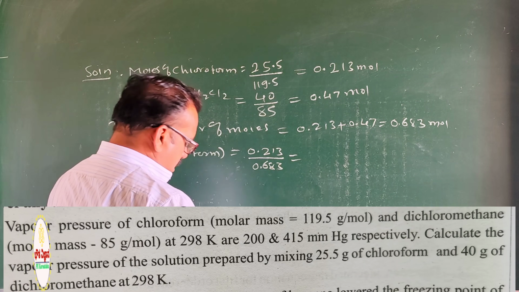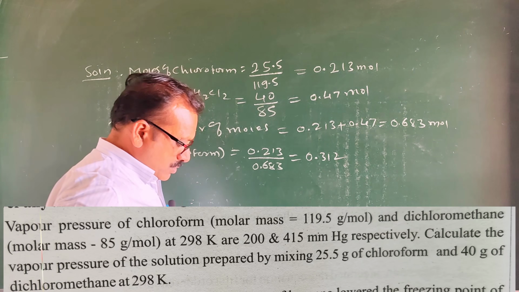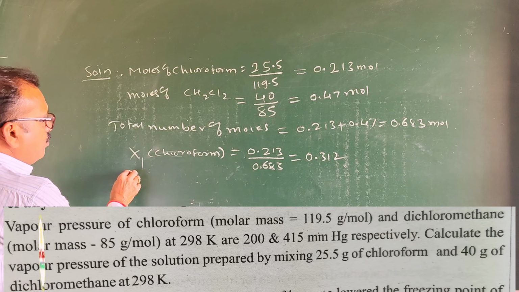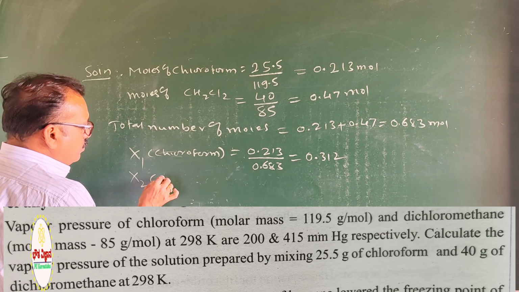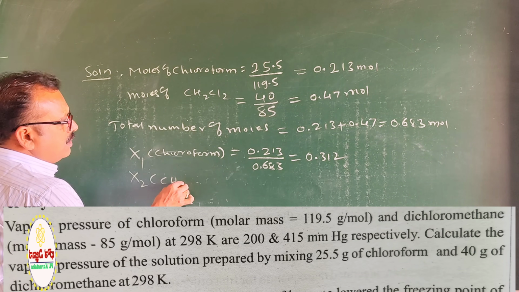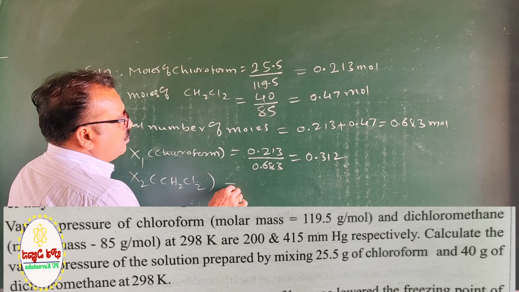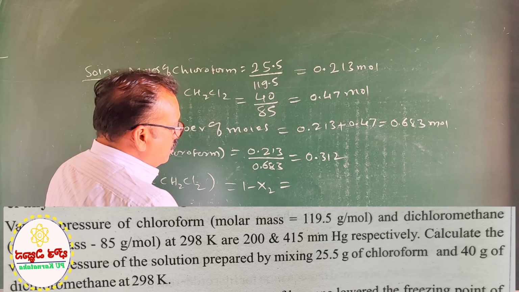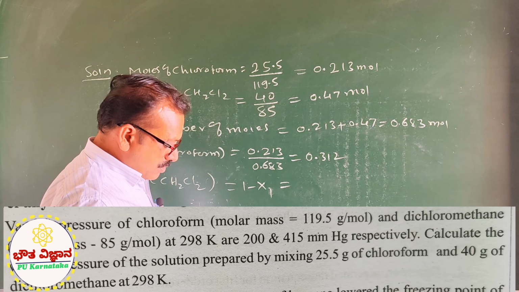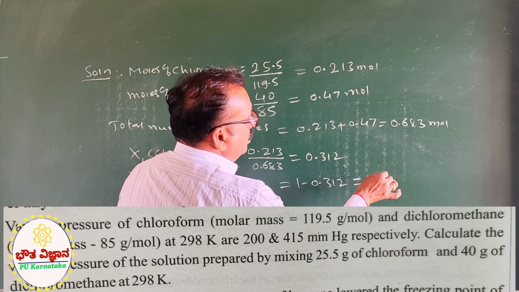After simplification you are going to get 0.312. Then mole fraction of dichloromethane, x2 equal to 1 minus x1 equal to 1 minus 0.312 equal to